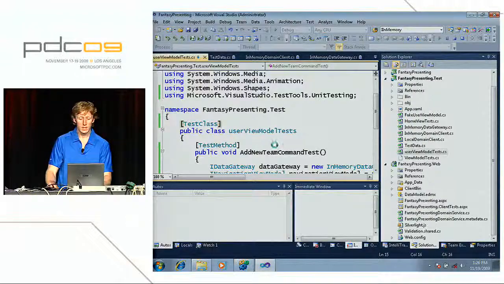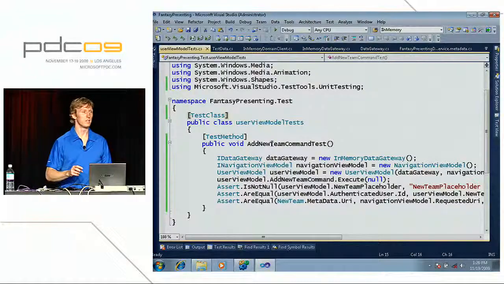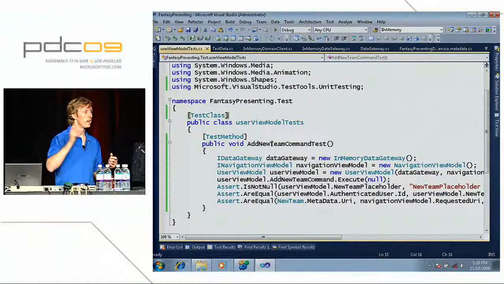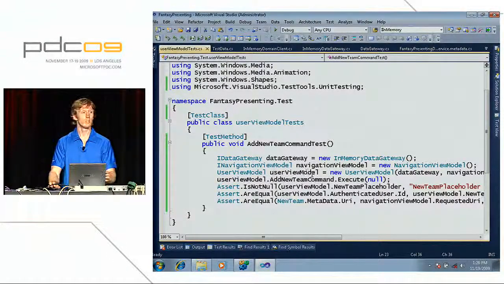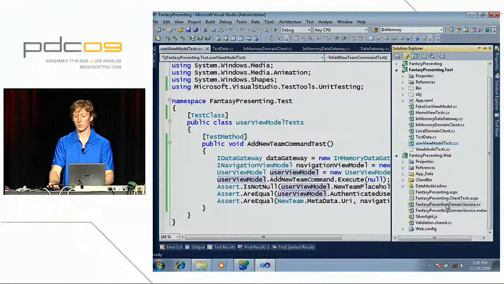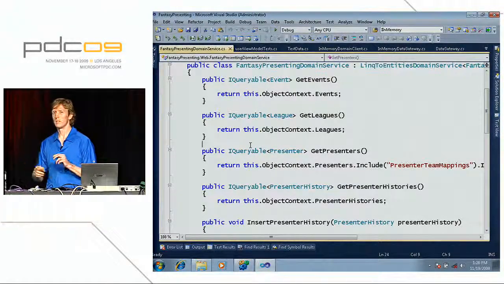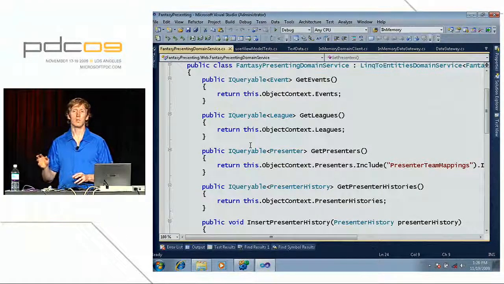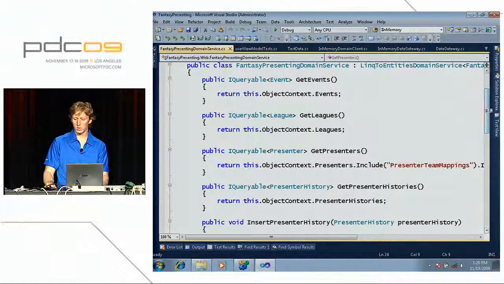Now, the next thing, and this is kind of the final thing that we're really going to try and show in getting that split, is, as I was saying, the split between the domain context and your database on the back end. Now, this one's pretty tricky. In fact, it was very difficult, if at all possible, to do with the prior version of Entity Framework. What you'd end up having to do is change your domain service all around. But with the new version of Entity Framework, we can do a couple tweaks to the project, add some code that's kind of boilerplate that you can add to any one of your projects and actually enable it. So what we're going to do